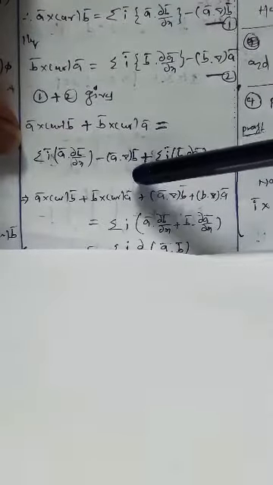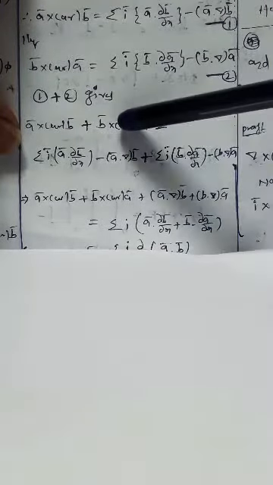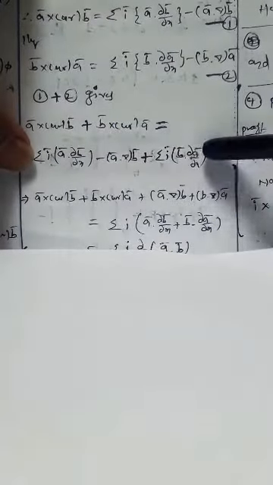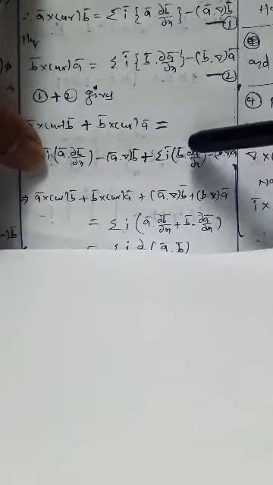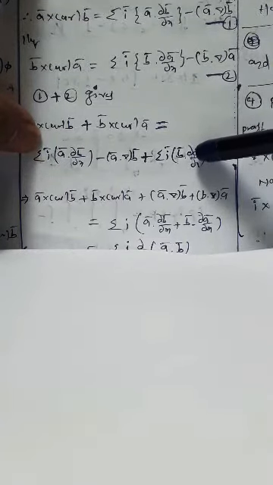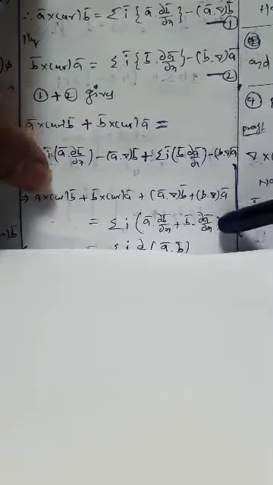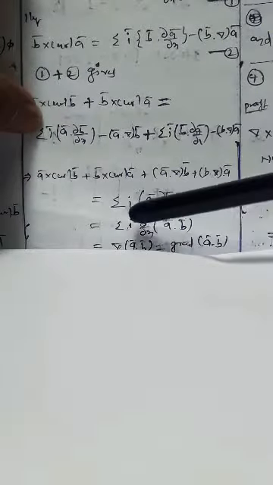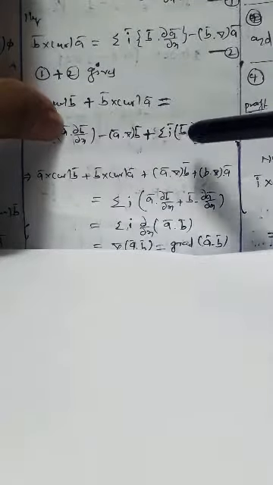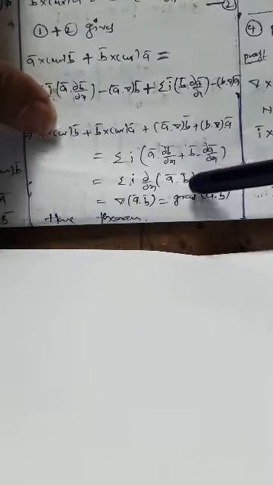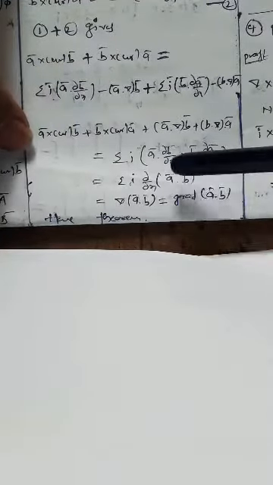And by sending del of b and b del of a to the LHS, we will get only these two terms. Now this one has summation i a ∂b/∂x plus summation i b ∂a/∂x. By taking summation i as common, a ∂b/∂x plus b ∂a/∂x, summation i ∂/∂x of a dot b. The form of this one is this one.